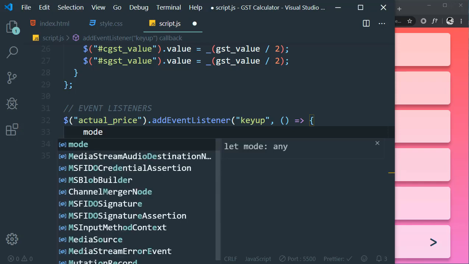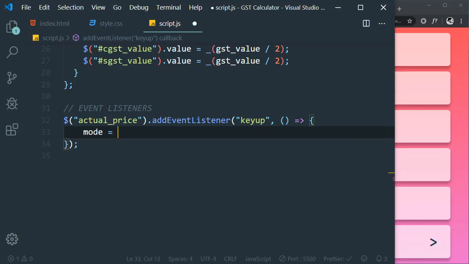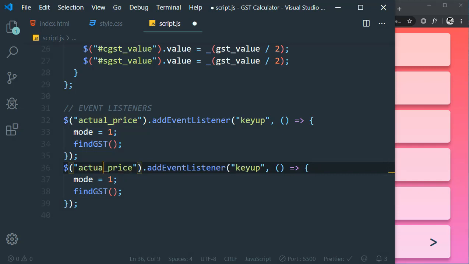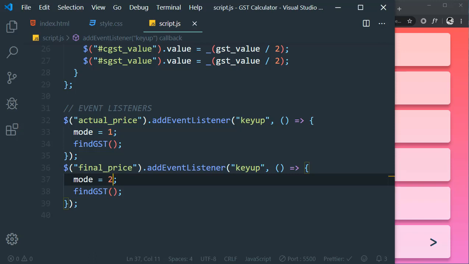So it will assign the mode variable as 1 and will run the findGST function. The same will be for the final price element, so the mode will be 2 and we'll find the GST. Okay, then